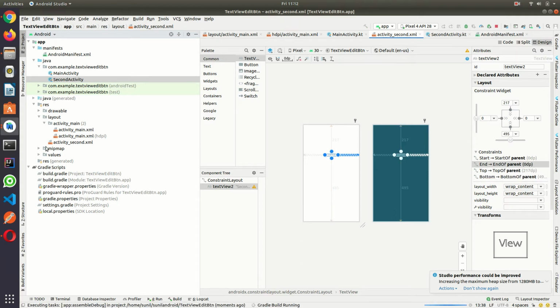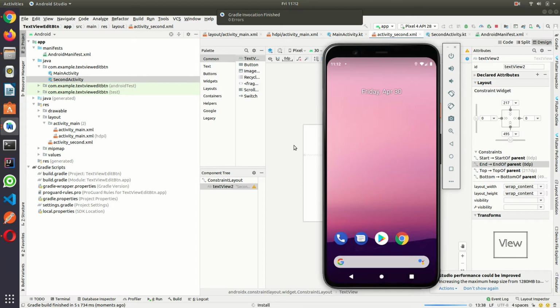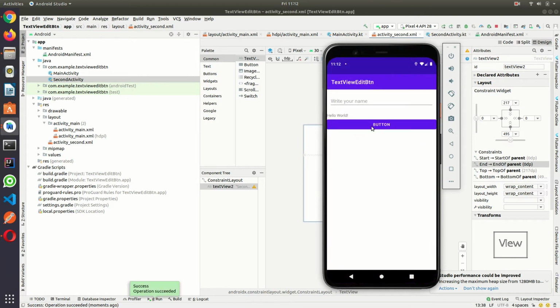Now let me run. If I press this button, it will navigate to the second activity. See, this is the second activity. If I click on back, it will come to the first activity, the main activity.